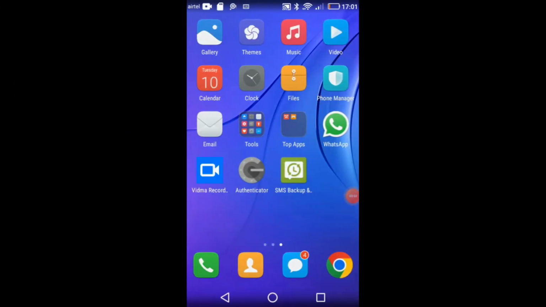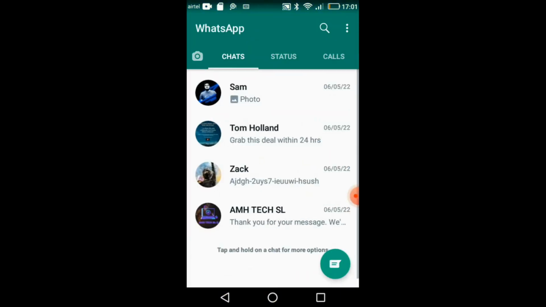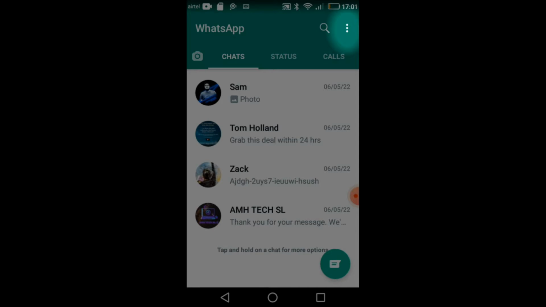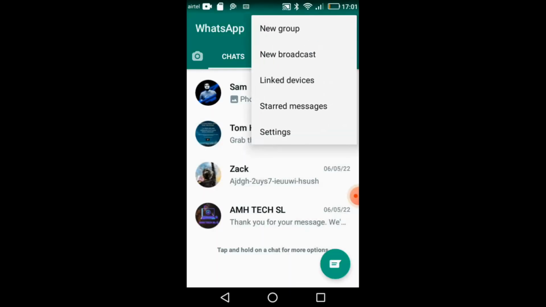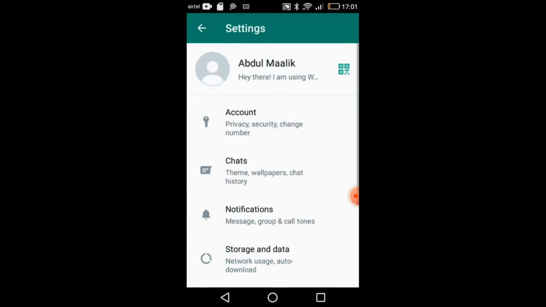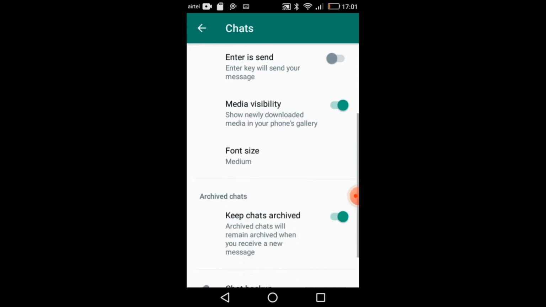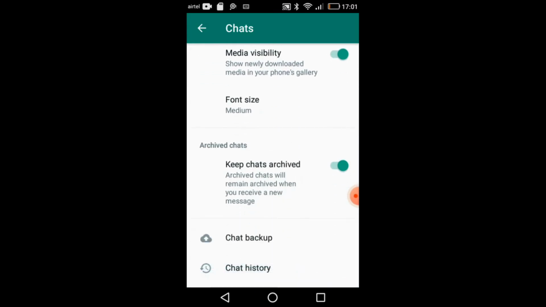So next, let's back up our WhatsApp messages, including all the media files like the images and videos of particular chats in WhatsApp. So first, let's open the app and then click on the 3 dots on the right upper corner, and then click on settings, and then click on chats. Then scroll down and then click on chat backup,